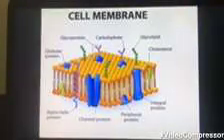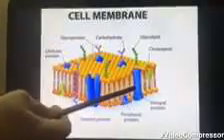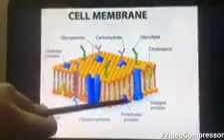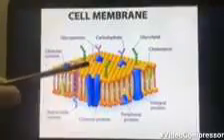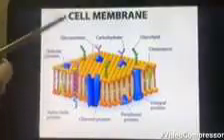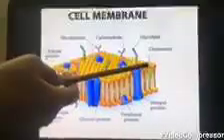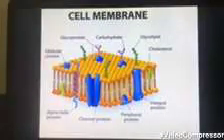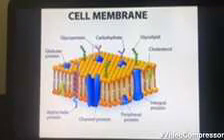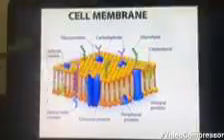Now apart from that, as I told you, there are a few proteins present. This is an internal protein, present inside to give rigidity to the structure. There are some peripheral proteins also present, and there are some channel proteins through which various substances move from inside the cell to outside the cell. Apart from that, there is cholesterol present. This cholesterol is a steroid that helps in regulation of molecular entry and exit from the cell. You know that the cell membrane is semi-permeable or selectively permeable because of these structures.